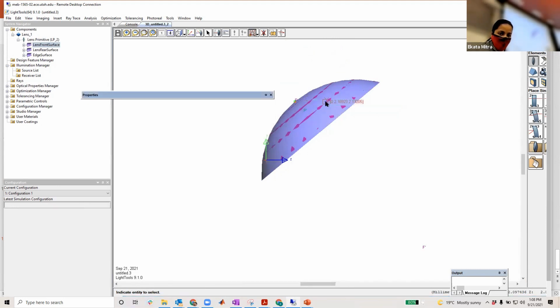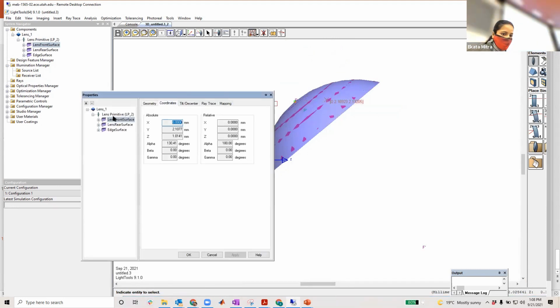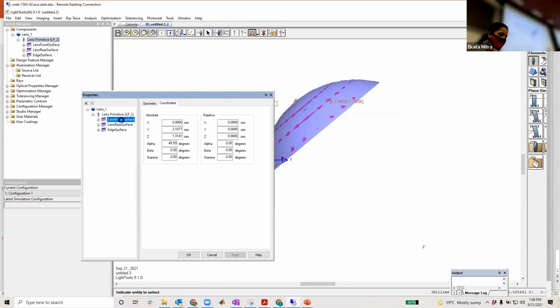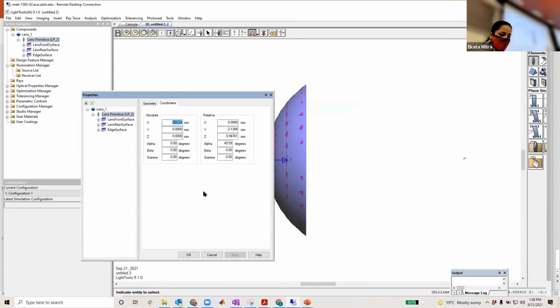So we can again go to properties and change the coordinates. Remember, you have to change the coordinates from the lens primitive or lens, because if you change the front surface or rear surface, it will just add thickness or shrinkage. So you are going to change it from the lens primitive, and let's start with 0, 0, 0 and make it here.